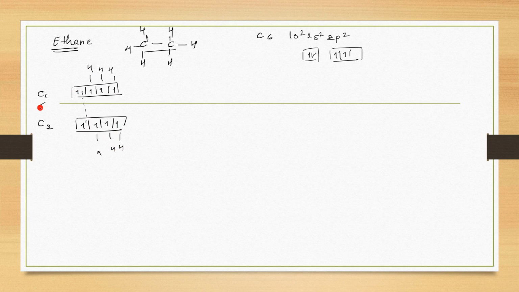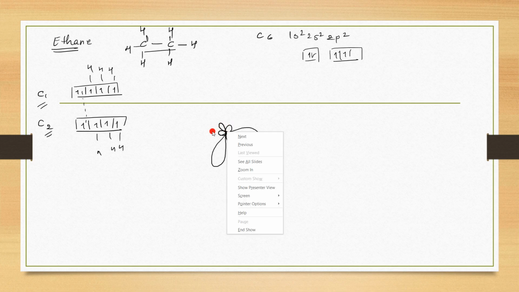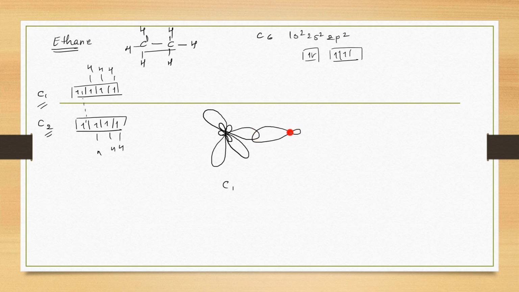Now both are sp3 hybridized. So let's arrange that. I like drawing this molecule, so I will draw it this way. Okay, I'll draw the sp3 formation. So this is carbon number 1, sp3 hybridized. Let's draw the hybrid carbon, which will have one large lobe and one small lobe. Show it anywhere. Try to draw a beautiful diagram. Mine is not coming that proper. Okay, then this is carbon number 1. Now let's show carbon number 2. Same thing you can draw. Those who are good at drawing will enjoy drawing this.